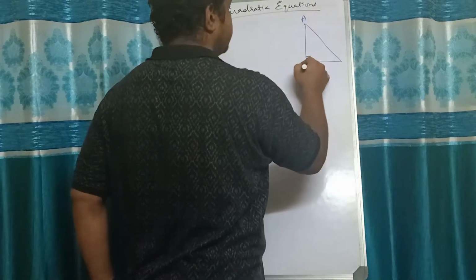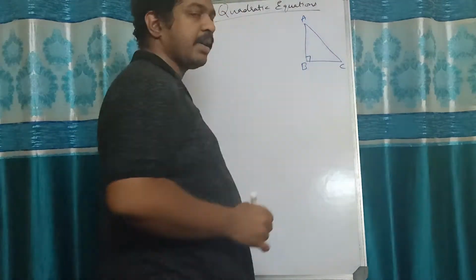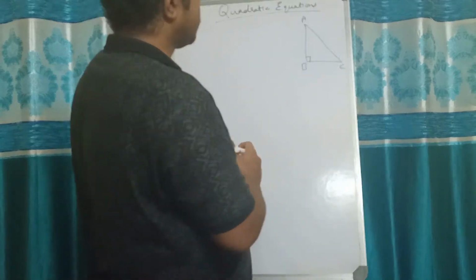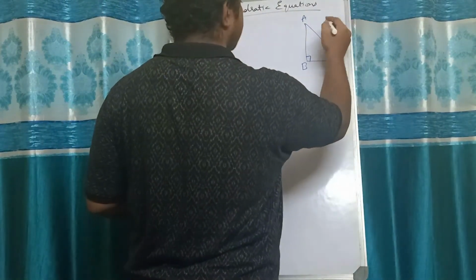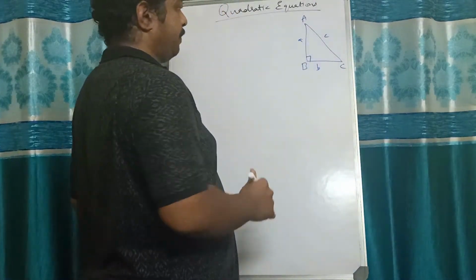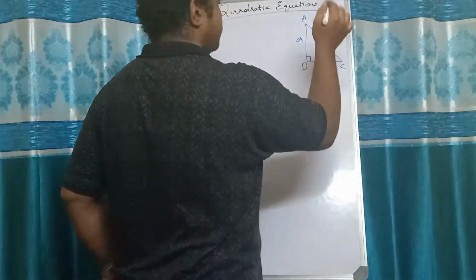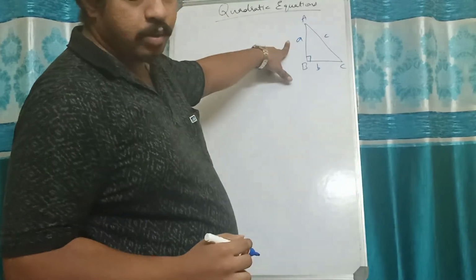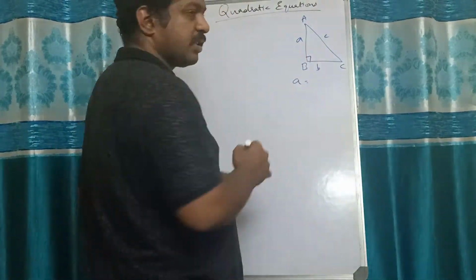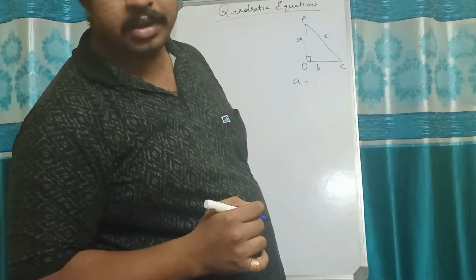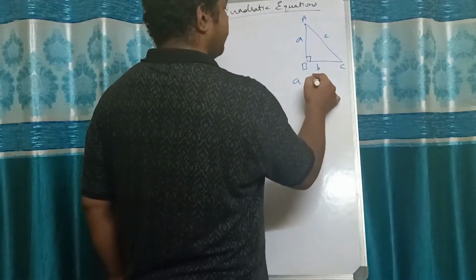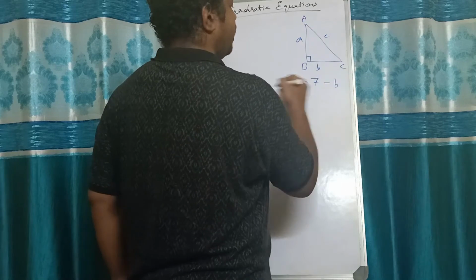Let me call it the triangle ABC, where it is right angled at B, angle B. Now what they are saying is, this is A, this is B, and this is C. The altitude is now our A, right? So A is our altitude. A is nothing but 7 centimeters less than its base, they are saying. So if this is the base B, 7 centimeters less than B.